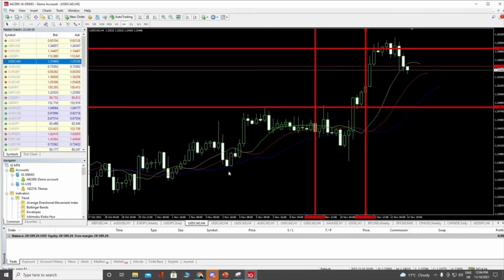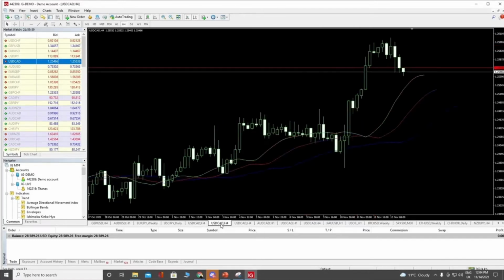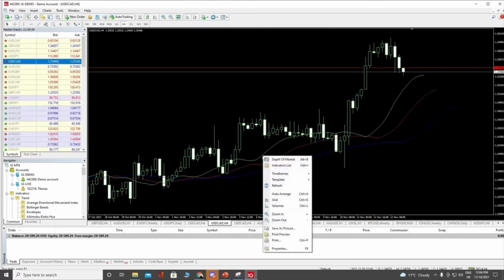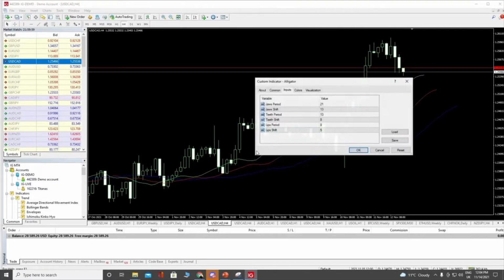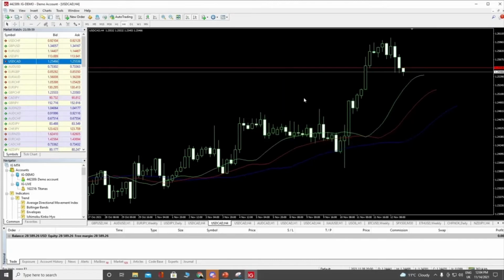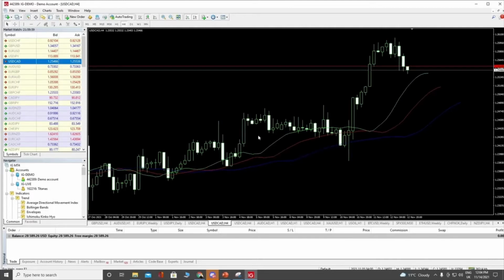Okay, now let's double the values. Now what will happen? Ta-da! Here what we did, we doubled the values of the indicator. We used 21, 13, 8. We used the next values of our golden ratio. We used 3, 5, 8, then 5, 8, 13, then 8, 13, 21. And now we advance our indicator by one golden ratio number. By one, I mean we didn't add one. We used the next